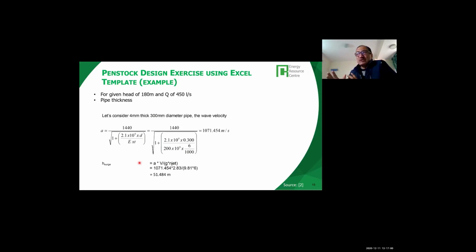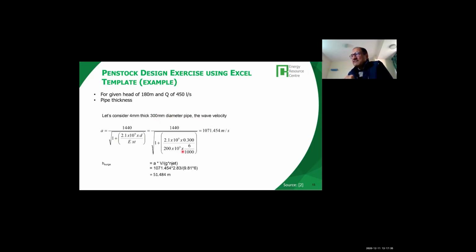And just to give you an example that I will show you in the Excel sheet, there's one example of a given head of 180 meter, discharge of 450 liter per second. So we want to find the pipe thickness. This calculation is automatically done in the Excel sheet. But just to give you an example, if you consider a 4 millimeter thick, 300 millimeter diameter pipe,